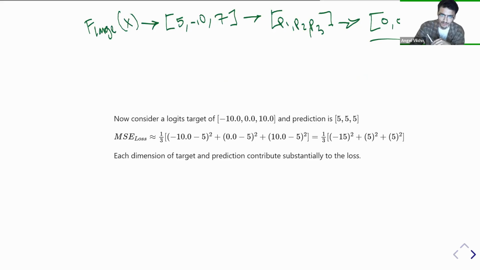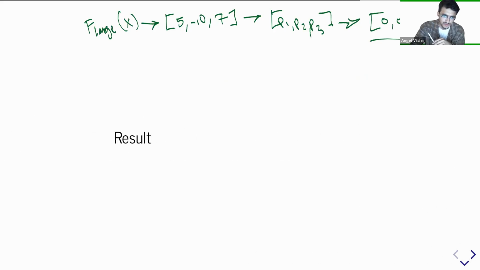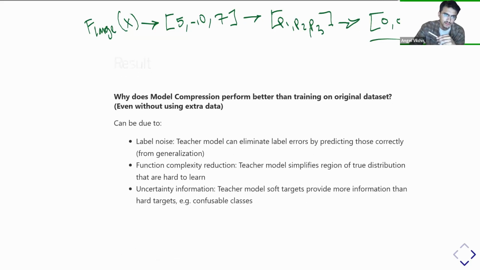So now let's go over the result. The result is mostly this. So we already said that they proved that a shallow model is capable of representing what we used to think was too complex of a function for it to represent. So they already proved that. But there's a lot of other kind of analysis that they bring with the paper. So the first one,